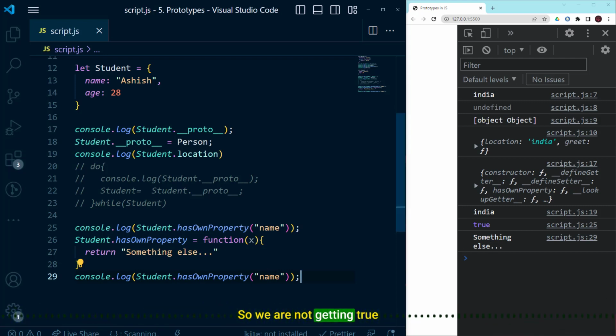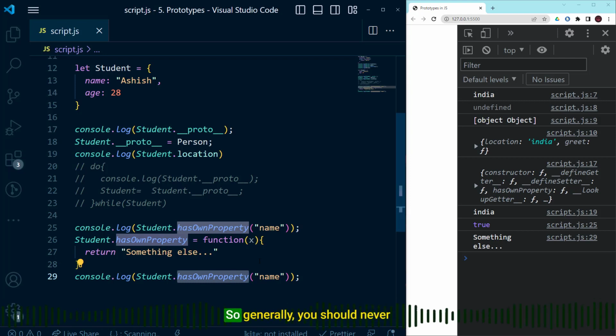So we are not getting true here, even though the name is a property of the student. Now, why is this happening? You might have guessed, because the JavaScript engine first looked inside the object itself for this particular method, and it found it here, and that's why it has returned and it did not go to its prototype. So generally, you should never change the default properties offered by the prototype, as it can change the predictable behavior of the default properties. Now, prototype is a fundamental concept in JavaScript and forms the basis for the object-oriented programming model